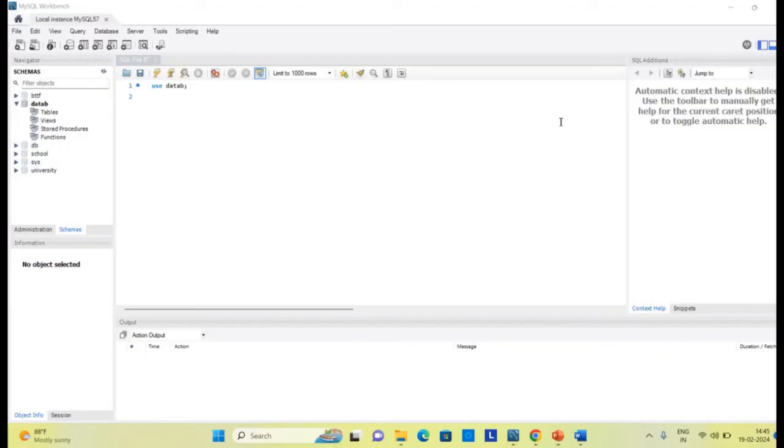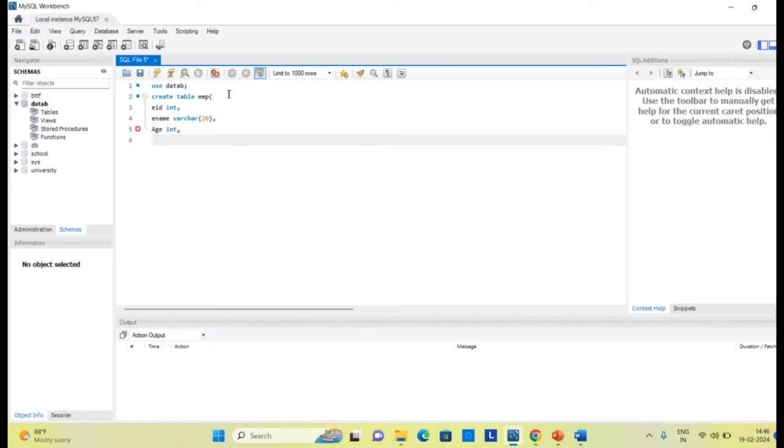Now we are defining a primary key. In order to define a primary key, we will first create a table. I will write create table emp, and define variables in it, like eid int, ename. I declare only 3 variables here. As I explained previously, primary key is a combination of not null and unique.